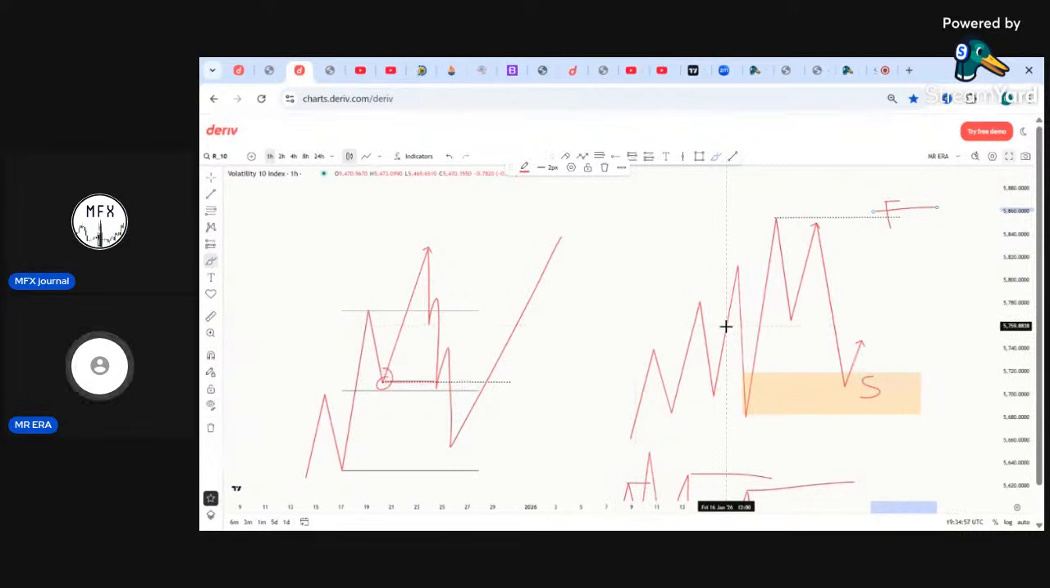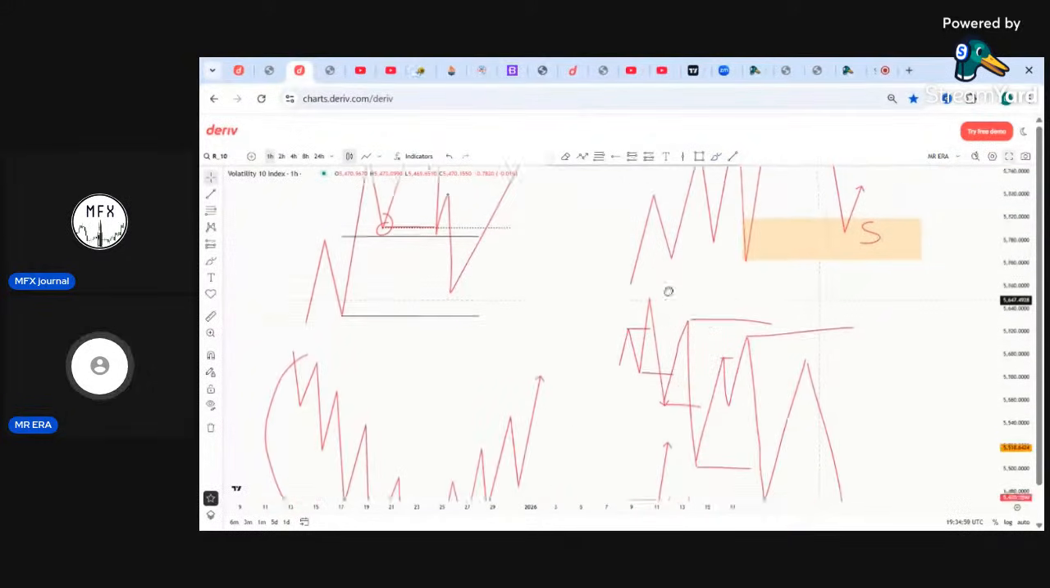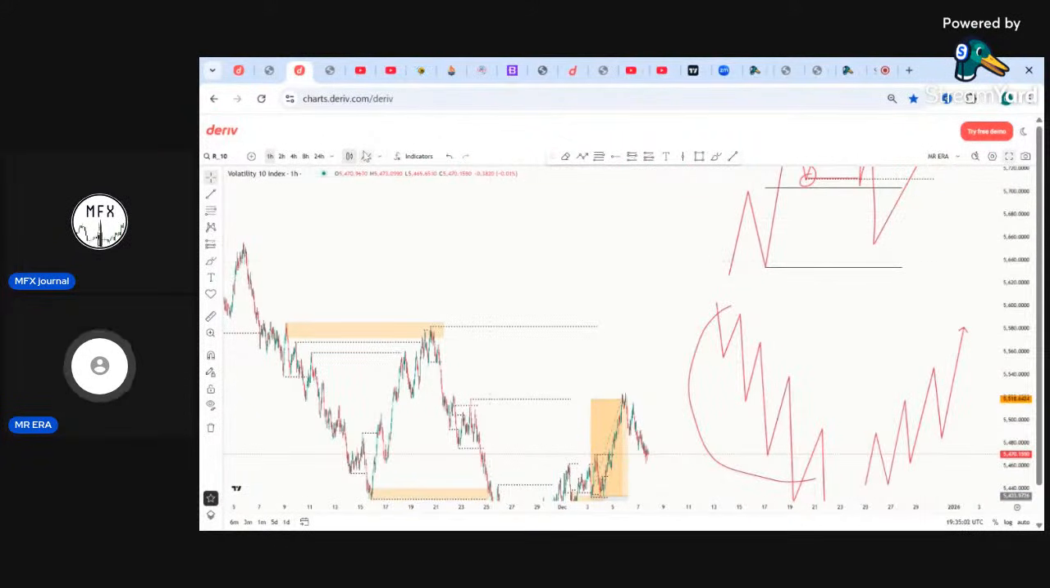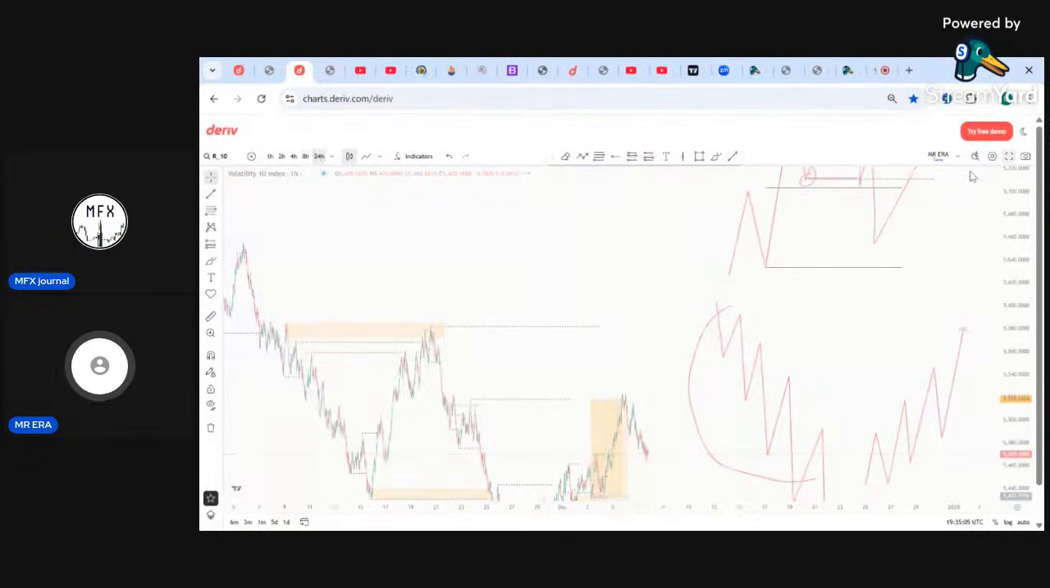Now when you talk about direction, it's basically going to your higher time frame, for example your daily time frame, or sometimes your 4 hour time frame, to look at your structure. For example, if you see my chart, if you guys can see my chart very well, you see that